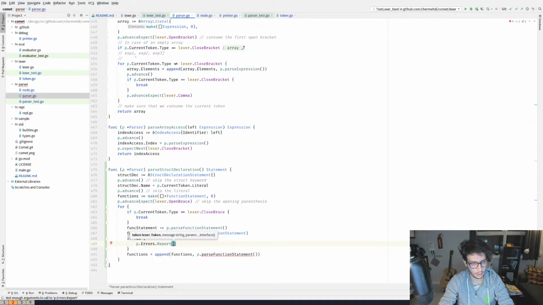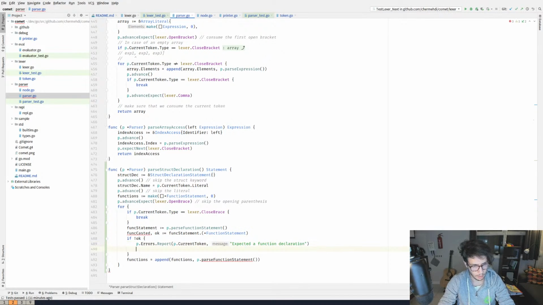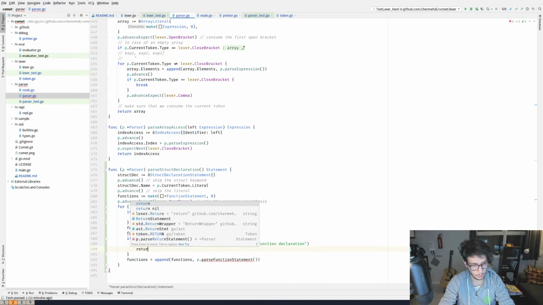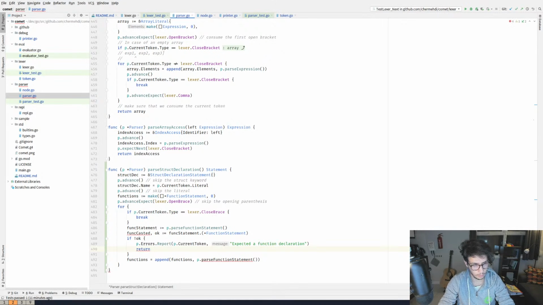So the current token expected a function declaration, and we'll return whatever.